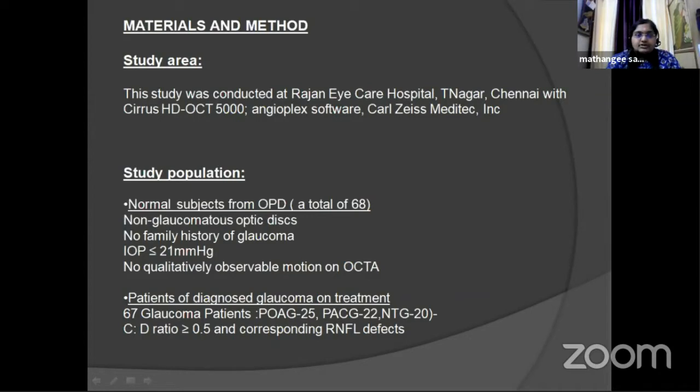Study population included normal subjects, a total of 68, and patients diagnosed with glaucoma, which were further divided into primary open angle glaucoma 25, primary angle closure 22, and normal tension glaucoma 20. The criteria included CD ratio of more than or equal to 0.5 and corresponding RNFL defect. Normal subjects included non-glaucomatous optic disc, no family history of glaucoma, IOP less than 21, and no quantitative observed motion